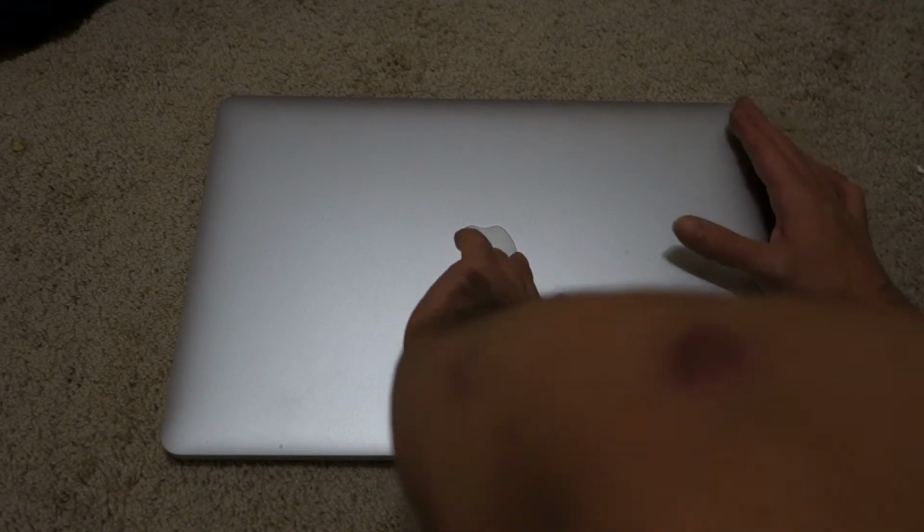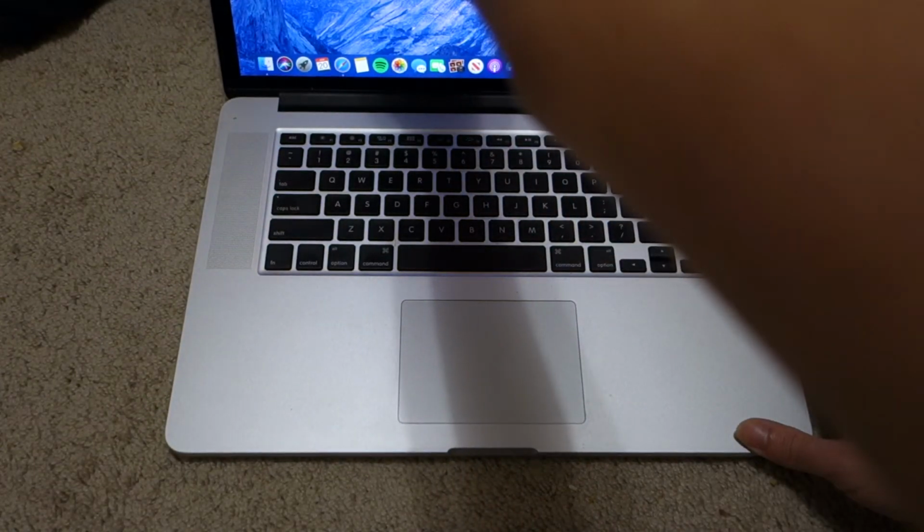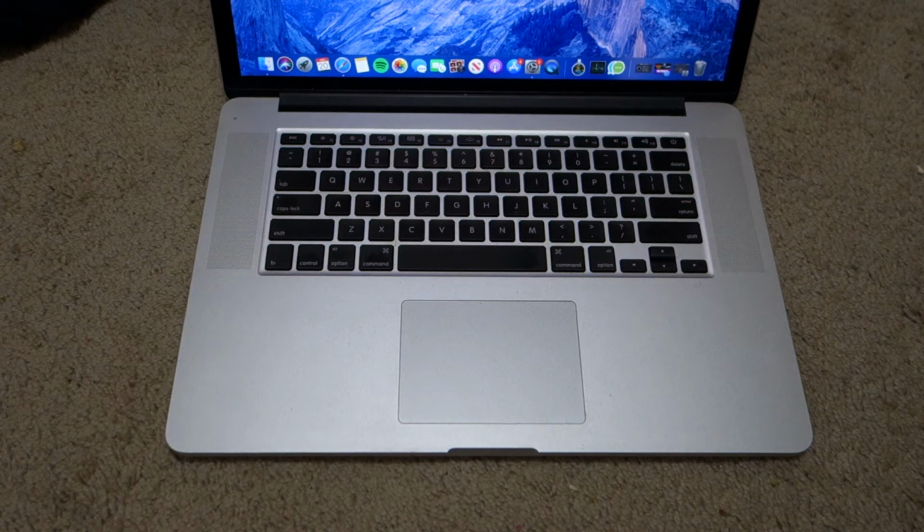Now let's actually go ahead and open the laptop and talk a little bit more about it. First and foremost, let's go over the keyboard. This is something I really do like about this laptop. It is using the older keyboards from Apple, but that's actually a good thing, because I think in 2016,